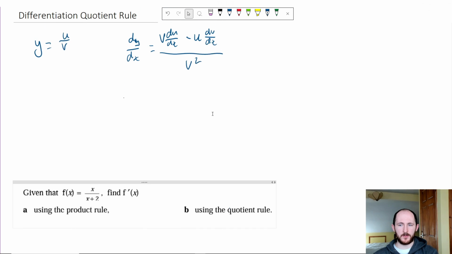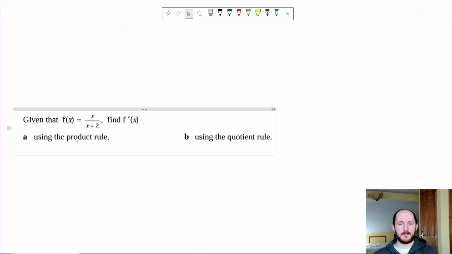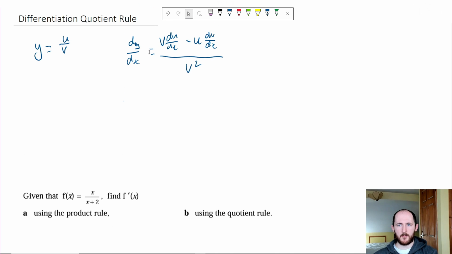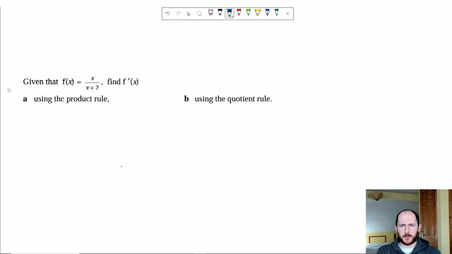I'm going to use the quotient rule, of course, but I'm also going to just use the product rule, because in my opinion, instead of trying to memorize this disgusting formula that's very particular, because it's v minus u, you can't do u minus v, and it's over v squared, not over u squared, it makes a lot more sense if you use the product rule and the chain rule, because those can be done in any order. So if we use the product rule for something like this,